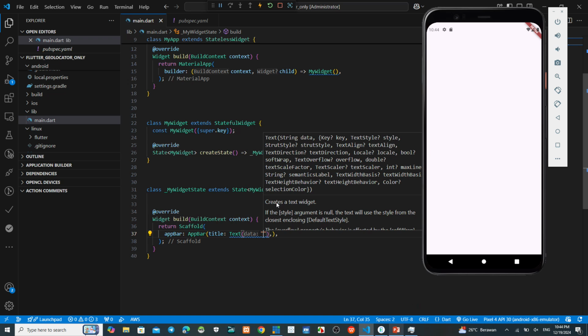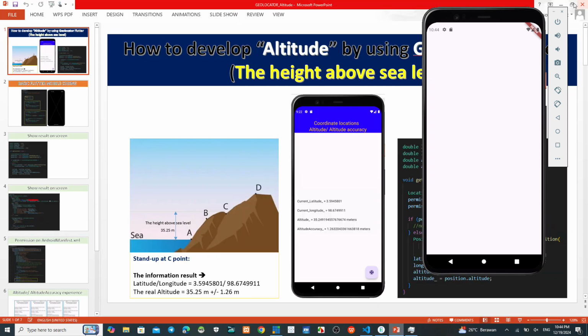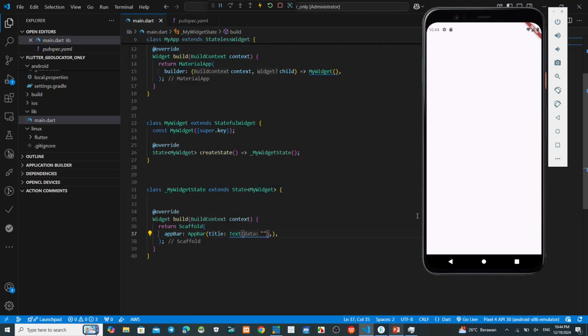Altitude like this. Coordinate locations. Altitude. Altitude accuracy.